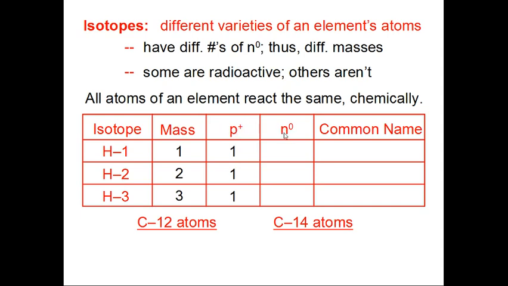So this is a pretty easy math problem. 1 plus what equals 1? Hopefully everybody yelled 0. Now for this one. 1 plus what equals 2? Pretty easy. 1. 1 plus what equals 3? 2. So you can find your number of neutrons if I ever tell you the mass of something, because all you're going to do is take the mass and subtract